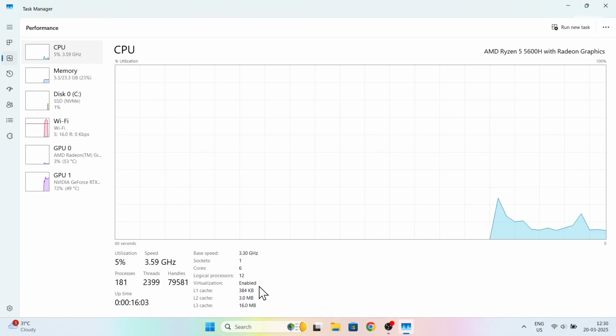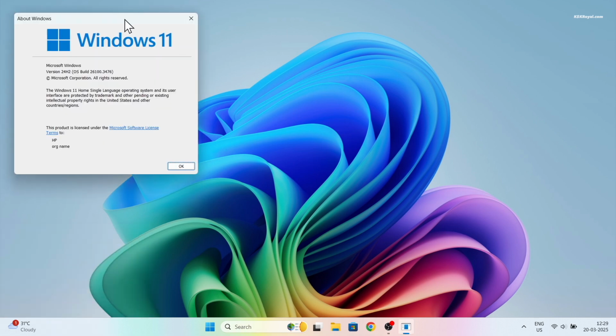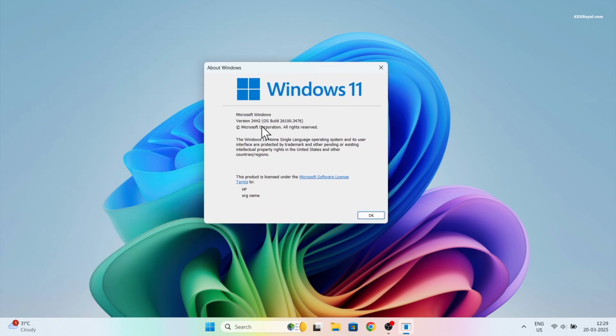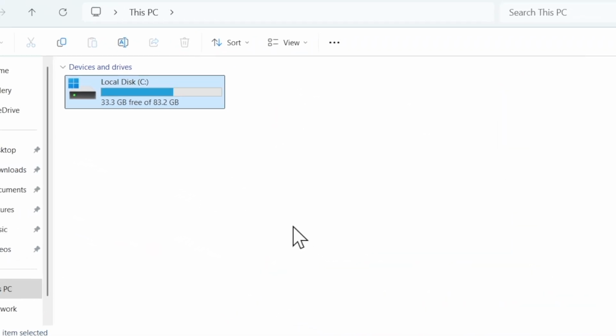Now keep in mind that we will be installing Kali Linux on top of Windows in an isolated environment which doesn't interfere with the Windows operating system. So you don't have to worry about Windows. Also ensure you have at least 30 GB of free space on your Windows host.